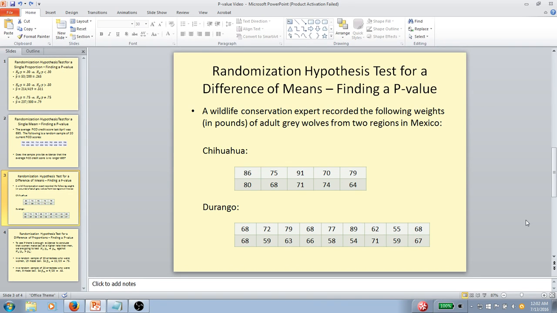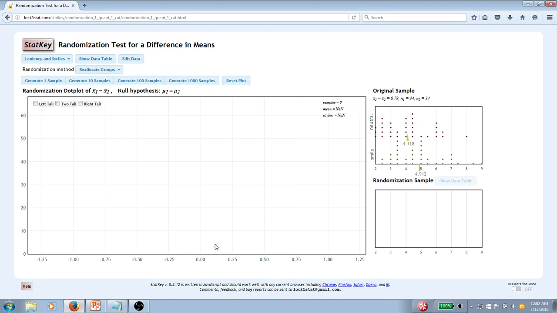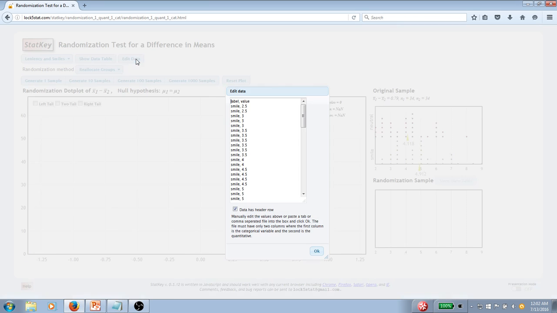And let's say that what we wanted to do is see if there's evidence of a difference in mean weight. So the mean weight of adult gray wolves in Chihuahua versus the mean weight of adult gray wolves in Durango. All right, so this is a difference of means. And if we go here to StatKey, then if we put our sample data in,